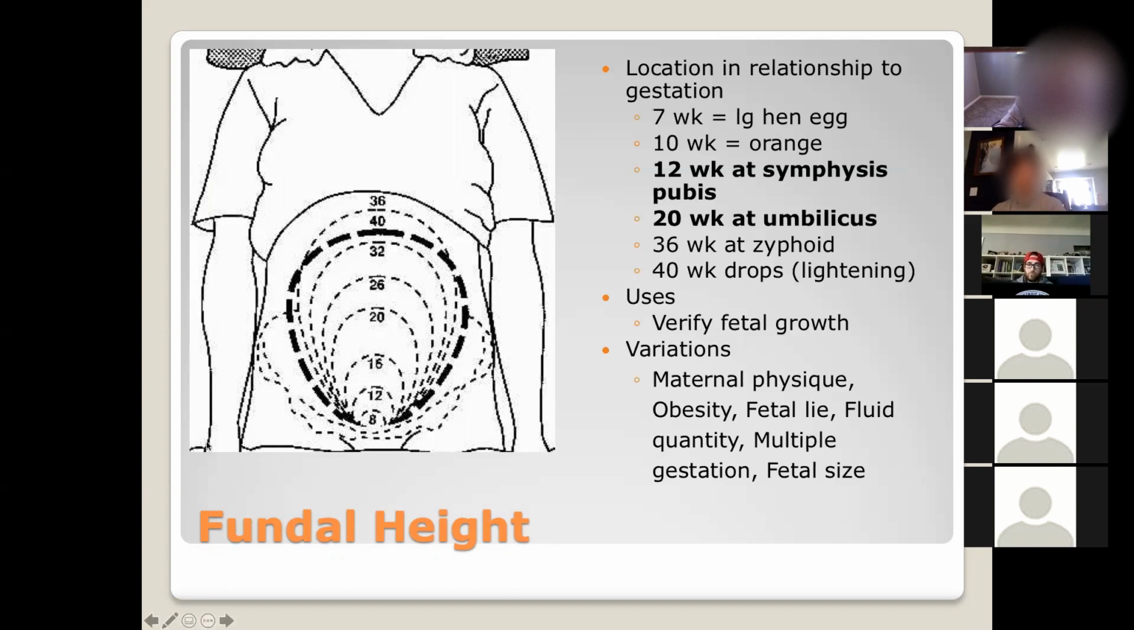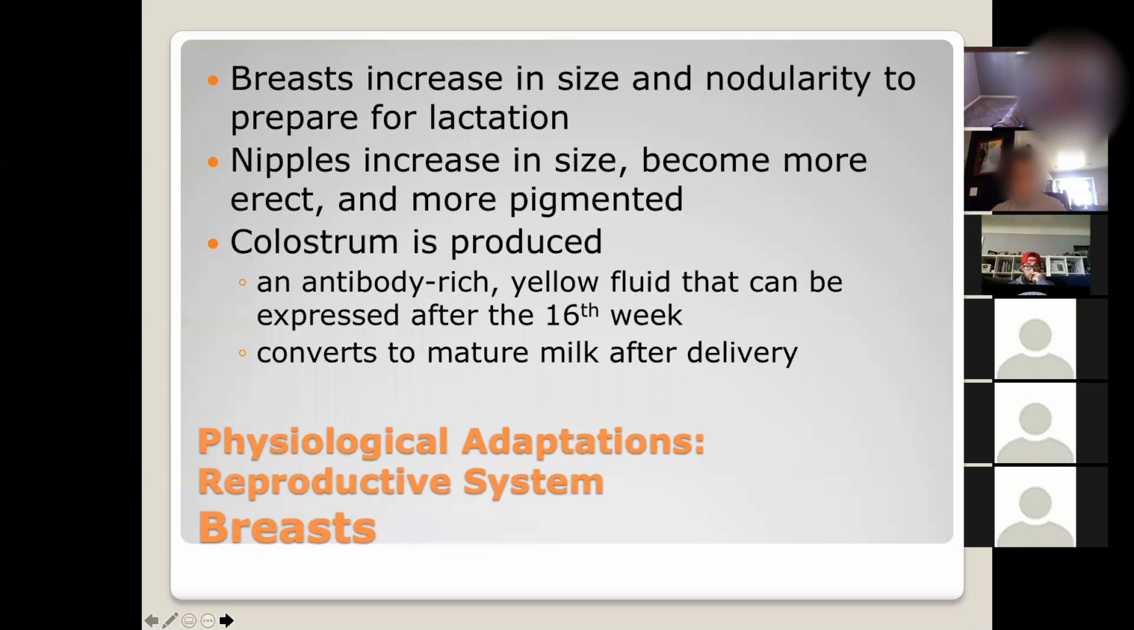At 20 weeks, it should be at the level of the umbilicus, okay? And again, things can change this: large babies, lots of fluid, multiple babies, a very obese woman, that type of thing, okay? All right, and these are just some adaptations that the woman will go through with the breast changes and things like that. I'm not gonna read all these to you, but